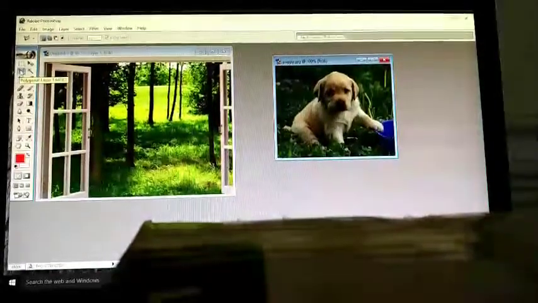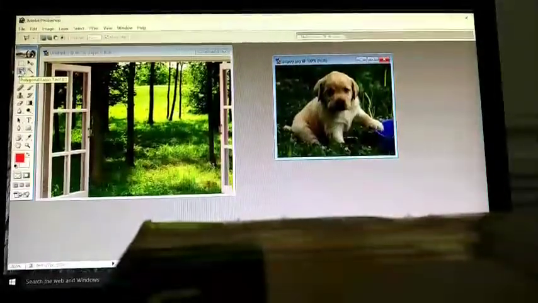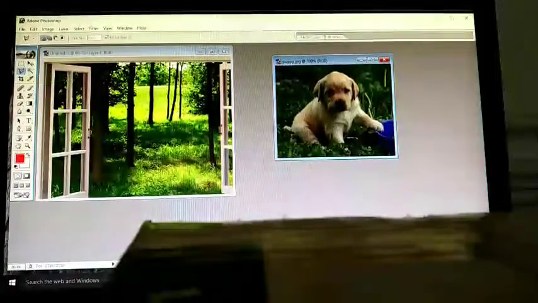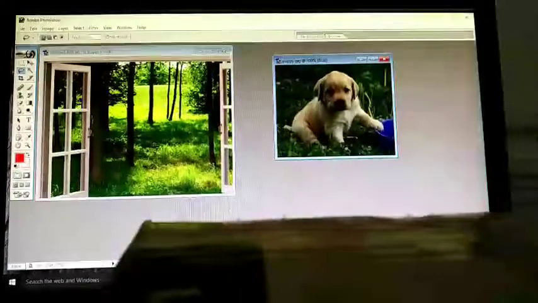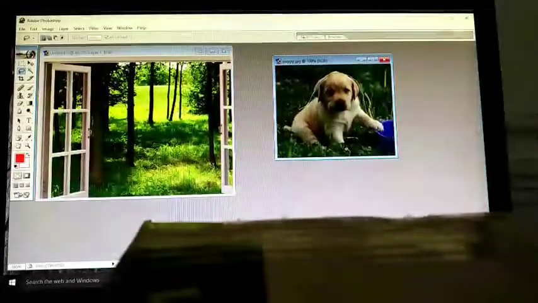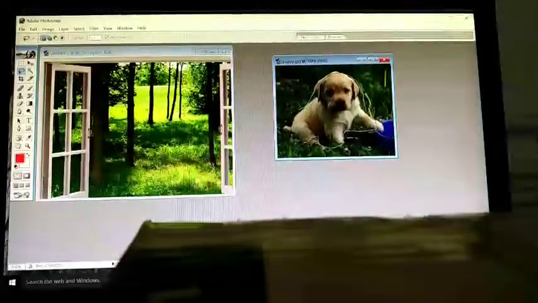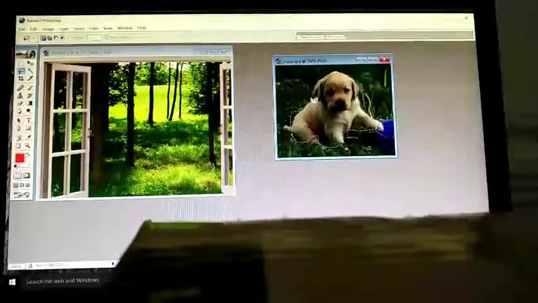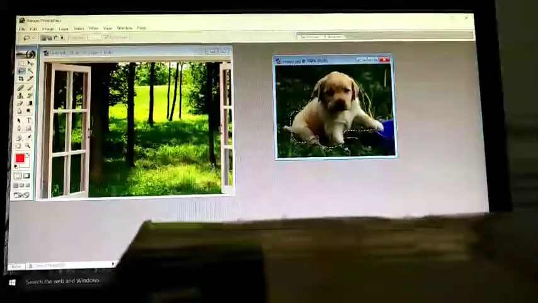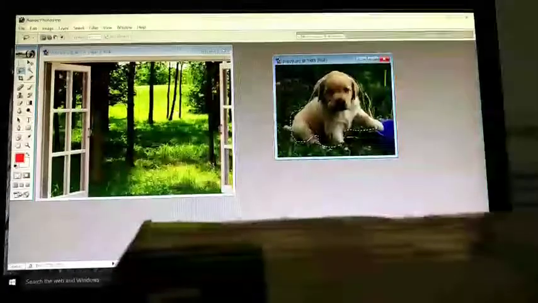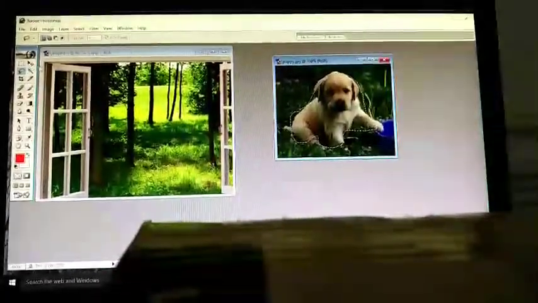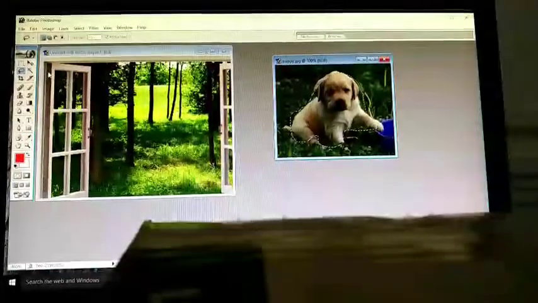It allows you to select the portion of an image by drawing a freehand selection around it. Like this, you can draw and select an image by using a freehand selection. It is done by using lasso tool. Photoshop has three types of lasso tools that we see: lasso, polygonal, and magnetic lasso.